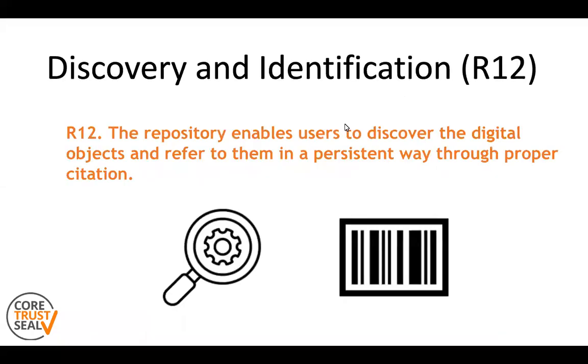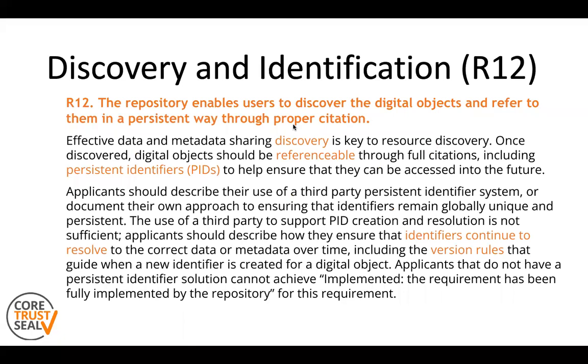Requirement number 12 covers discovery and identification. The repository enables users to discover the digital objects and refer to them in a persistent way through proper citation. Effective data and metadata sharing and discovery is key to resource discovery. Once discovered, digital objects should be referenceable through full citations, including persistent identifiers, to help ensure that they can be